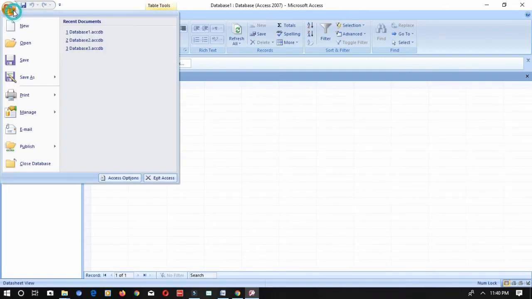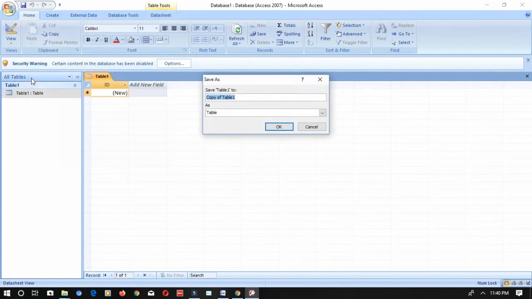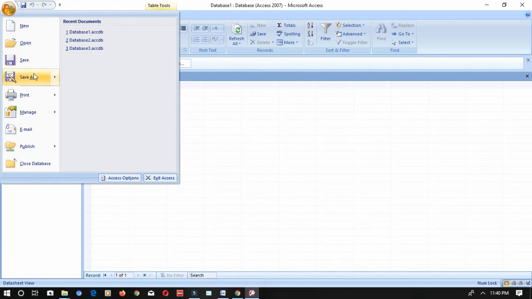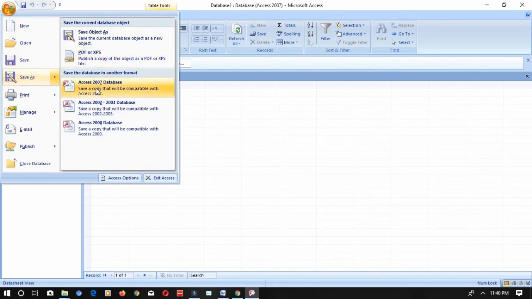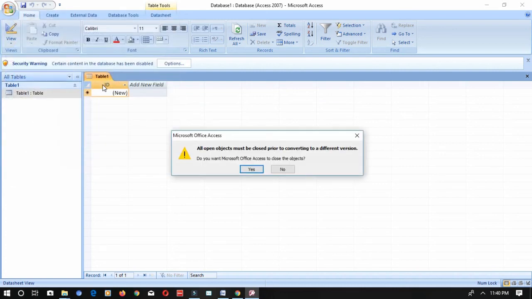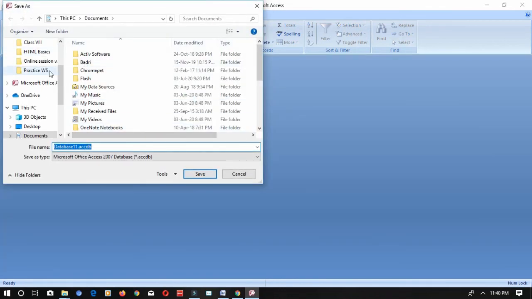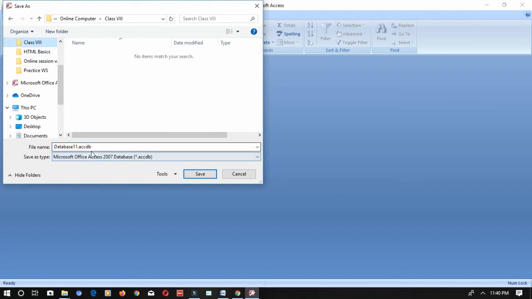Or if you are saving the project somewhere else, for example, I am saving this project. It is asking you to save as what type of database. I'm saving it as Access 2007. I'm saving it in my class 8 folder, this database 11.